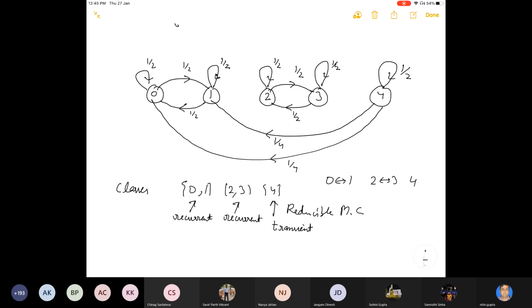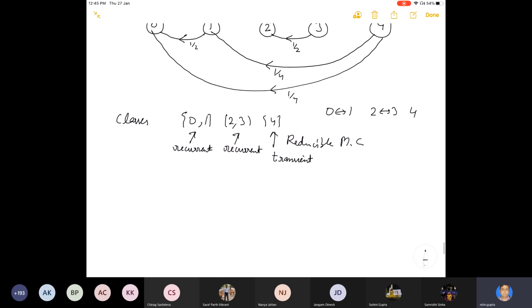Now this is using the argument of seeing the diagram, but you can prove it mathematically also. At least once we have to see that this happens. So let us see for state 0. What we have to find out is f0. f0 should be 1. So f0 is f01 plus f02 plus f03